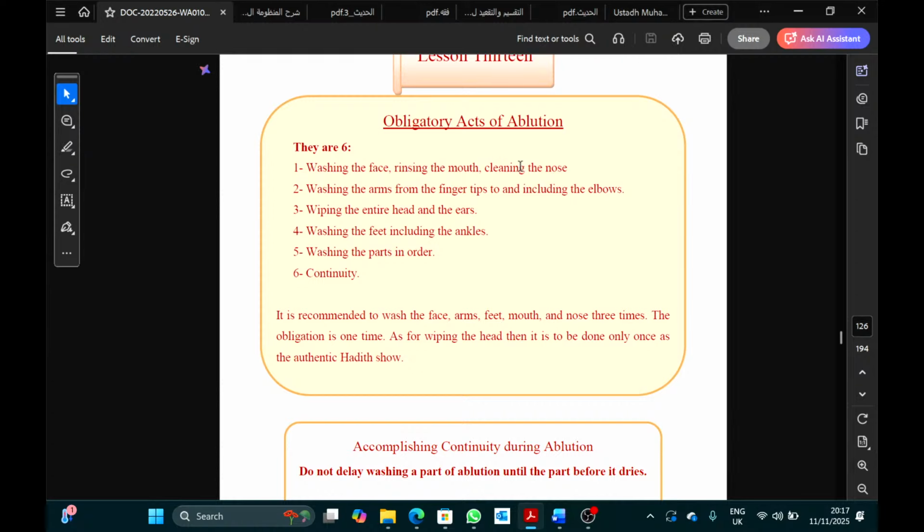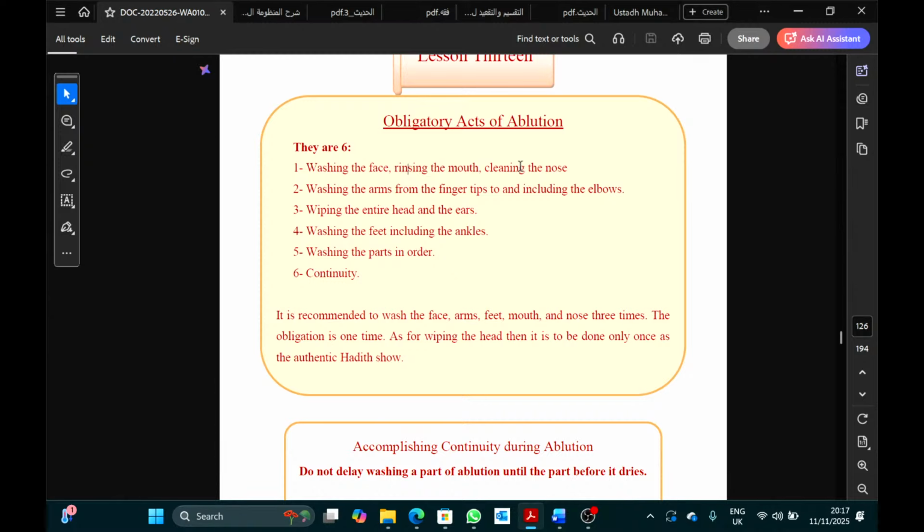Bringing water out of the nose is known as istinthar. Not istijmar, that is when you clean yourself with rocks or with tissue in the bathroom. So madmada, istinshaq, and istinthar. And the reason it's given two different names is to differentiate, because it's sunnah to put the water in with which hand? With your right. And then blow it out with which hand? With your left. So istinshaq is with your right, and istinthar is with your left. Obviously, if you do it all with one hand, it's fine.